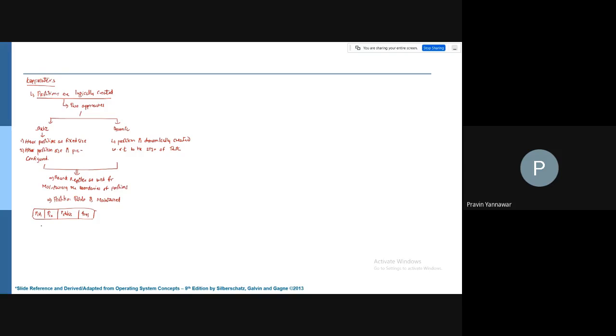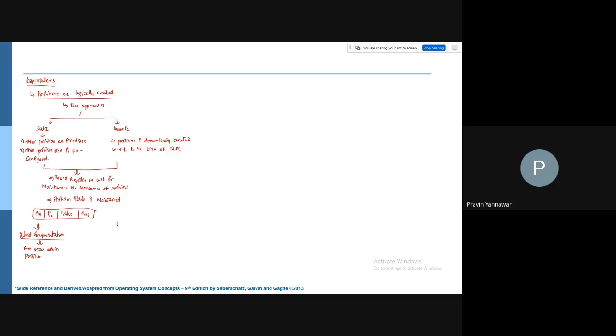Okay. So you'll find that in case of a static one, internal fragmentation exists. Internal fragmentation means what? The free space within the partition.